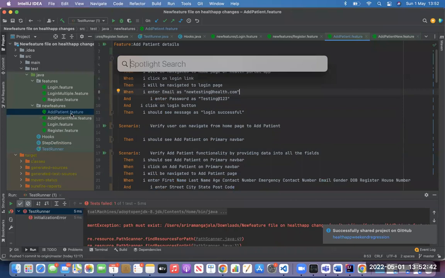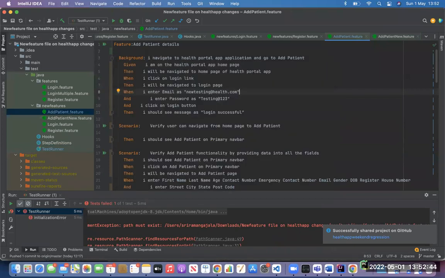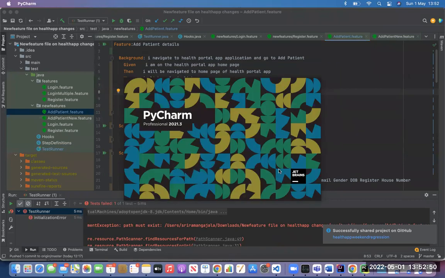Even though I know Python better than Java, I would suggest that if you know Java with Selenium, then learning Python is very easy. One week you can learn.